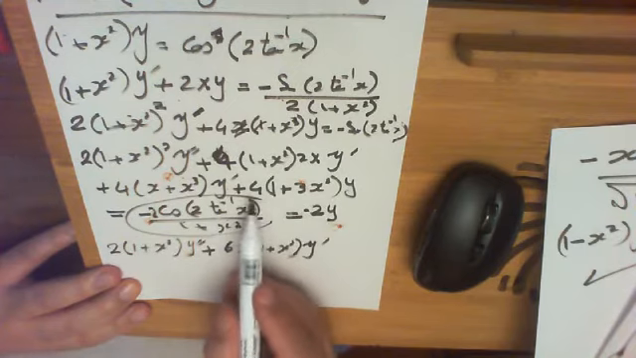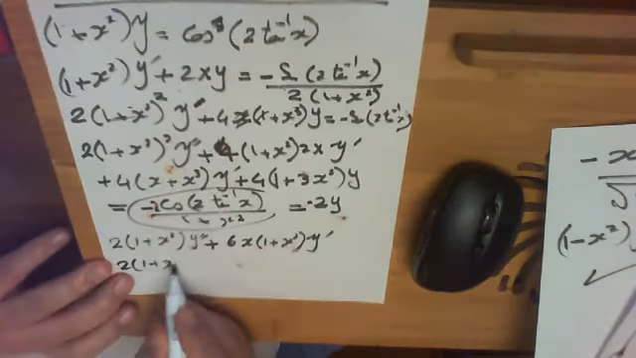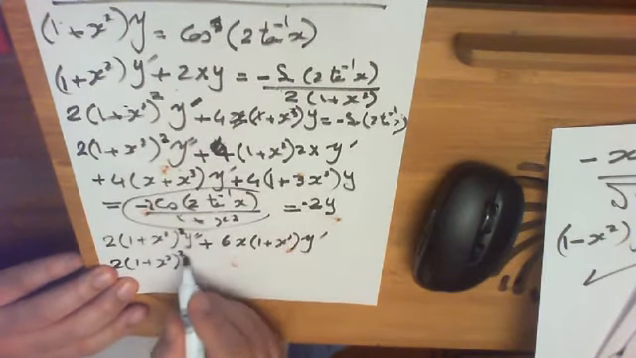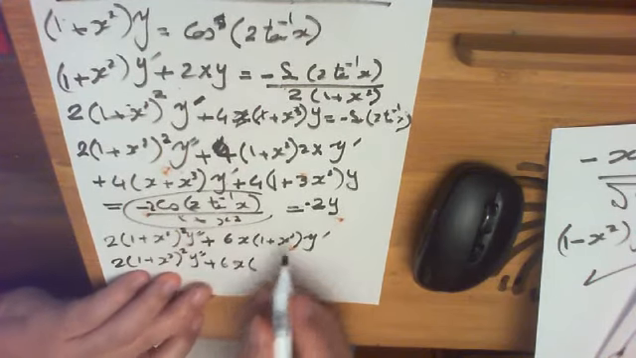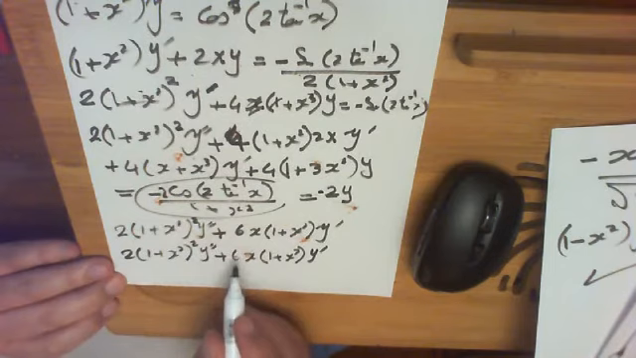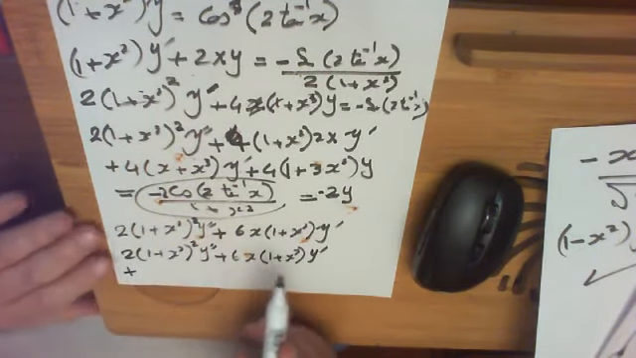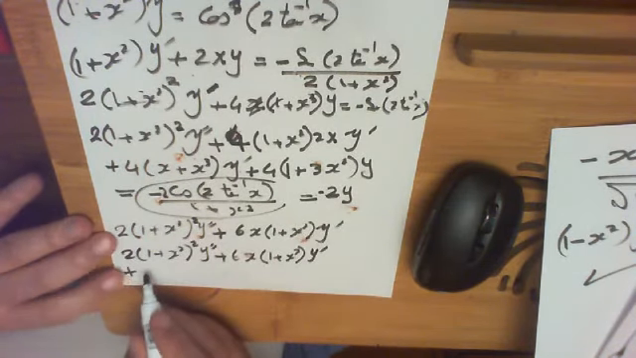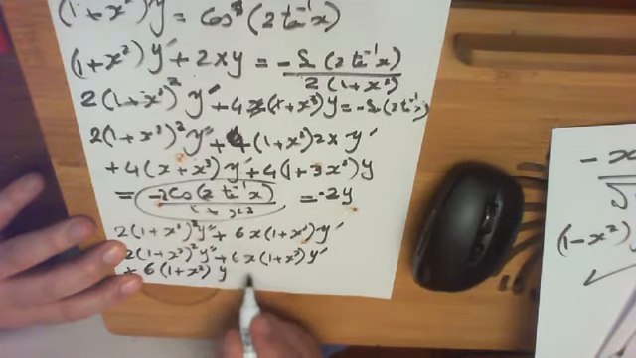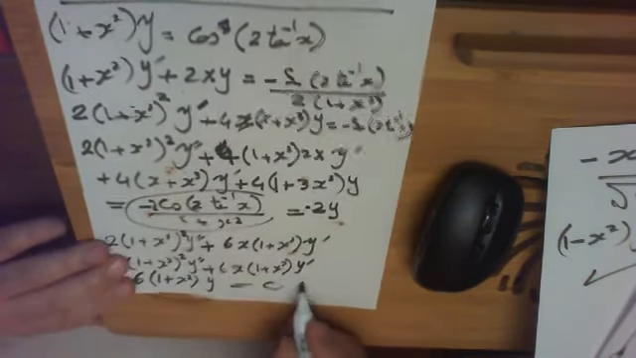We'll take 6 common factor. Yes, I will obtain this. Finally, we will obtain 2 times 1 plus x squared all squared y double dashes plus 6x times 1 plus x squared y dash plus, here 2 plus, this side, which is also 6 times 1 plus x squared times y equals 0. Okay, divide by 1 plus x squared, so you will have what is required to be